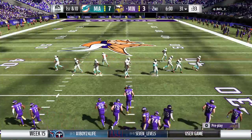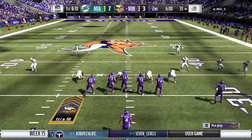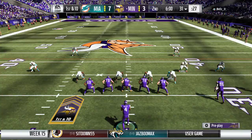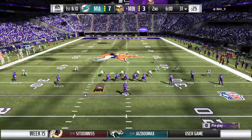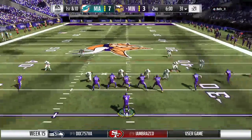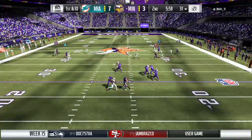And our game's hit a little bit of a lull here, a little bit of a snag. Punts on back-to-back drives. And old-school coaches don't necessarily mind that. Didn't turn it over, right? Didn't create a big play for the other team. Right now what you're looking for is can you get...